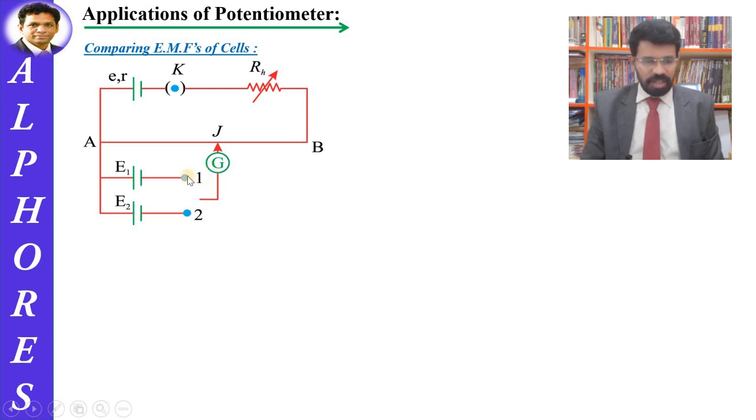Now if I connect the galvanometer to terminal 1 and find a balancing length, it means whatever potential difference is there across that balancing length is exactly equal to the EMF of this cell. Because I am connecting to terminal 1, only E1 is connected into the circuit. E2 is left open, it is not connected. Yeah, here I have made a contact. So now E1 is a part of the secondary circuit. This E2 is still left unconnected. Now let us say the balancing length is L1.